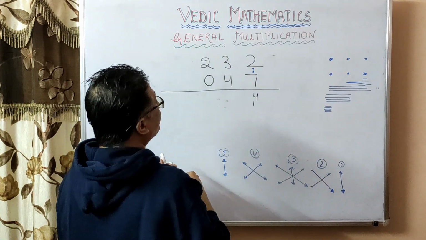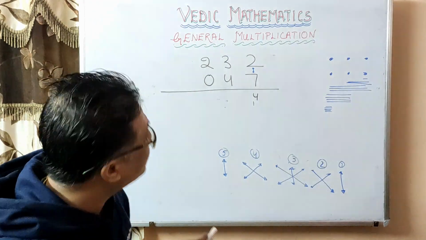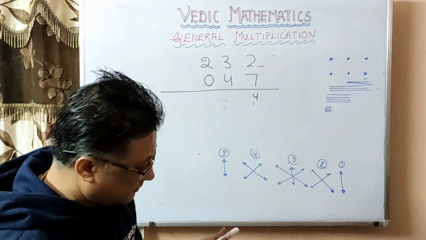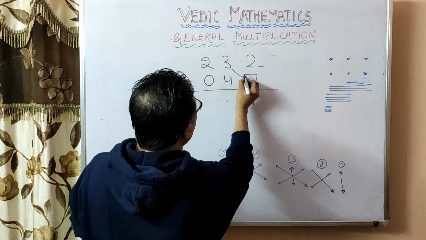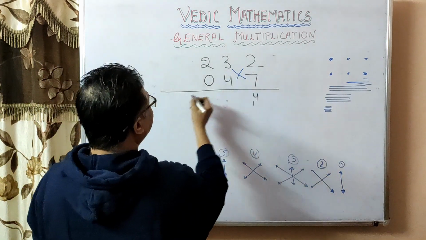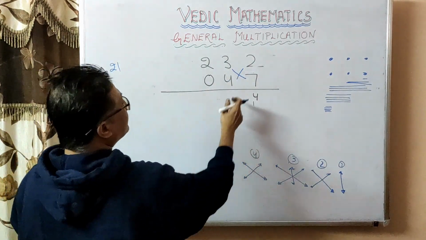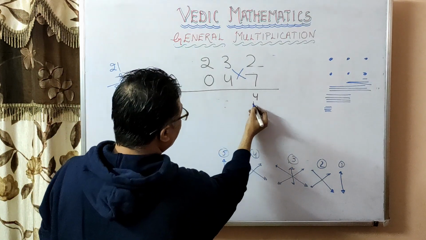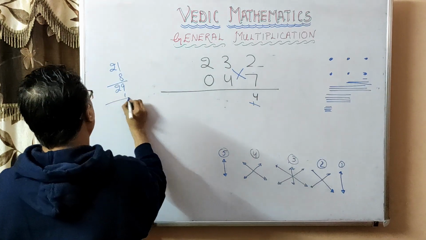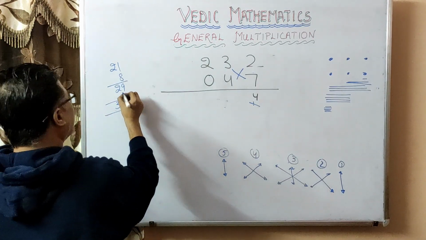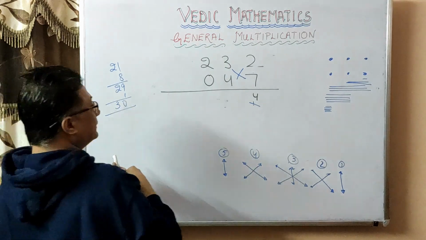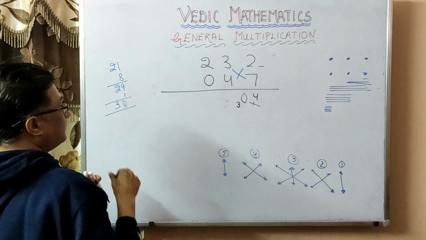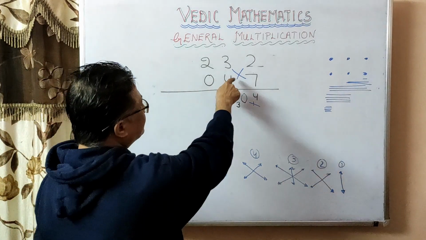So now my second step. What will be my second step? My second step is this. 7 3s are 21 and 4 2s are 8. And this is 29. And I have 1 which I will cross, and I have 30. I'll add it here. So I have 30. So I'll write 0 and I write 3 for carrying forward again. So this is my second step.